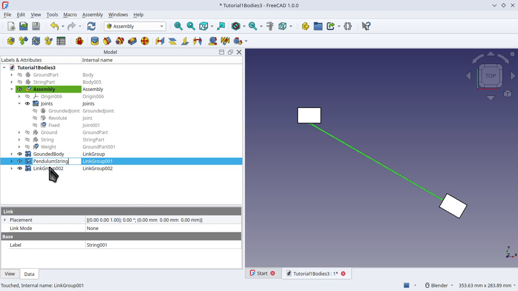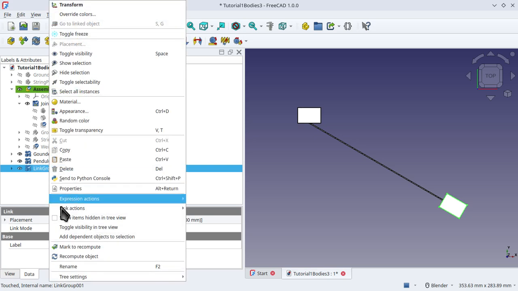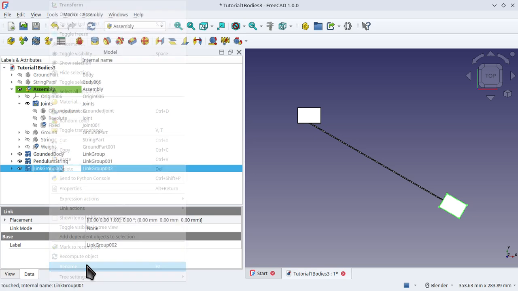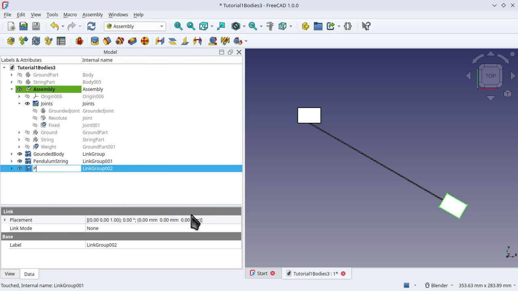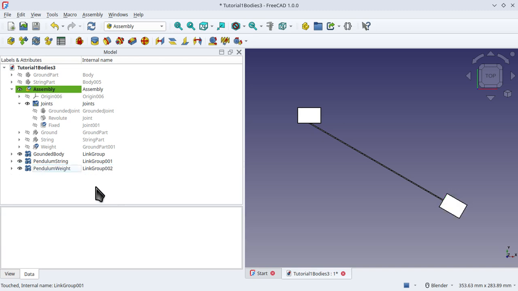Okay, and this one I'm going to call pendulum weight. Okay, so we have grounded body, pendulum string,